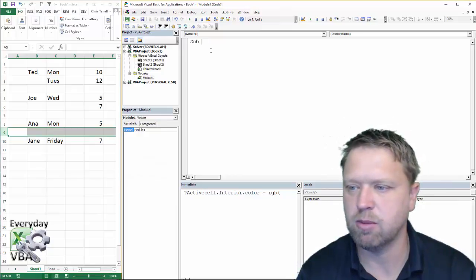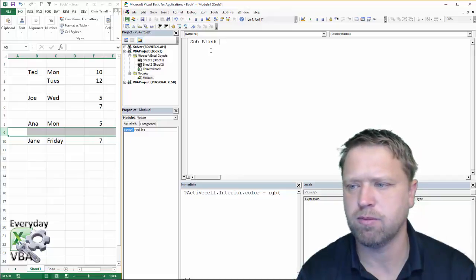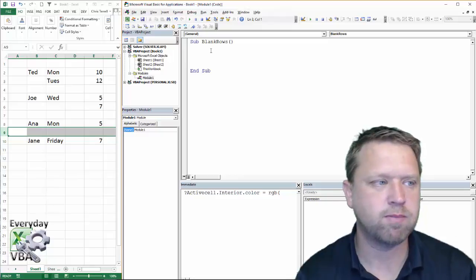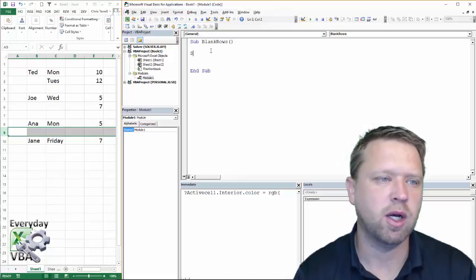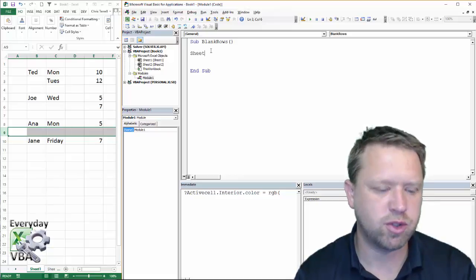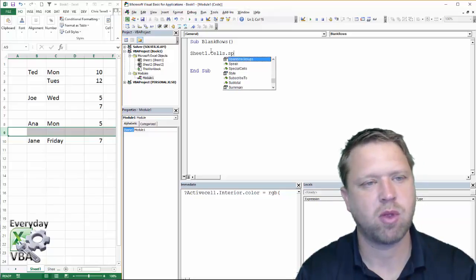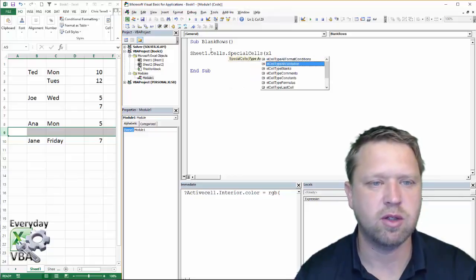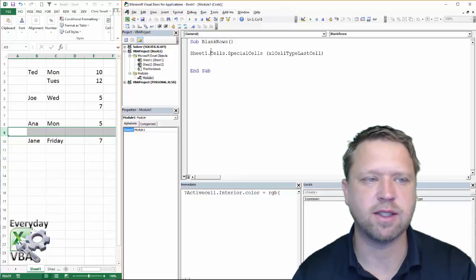Sub, we're going to call our sub blank rows. That's fine, we can call it whatever we want. Now the first thing we got to do is figure out what that last cell is. So we're in sheet 1, we're going to go Sheet1.Cells.SpecialCells, xlLastCell. And really what I'm trying to do here is just get the last cell,